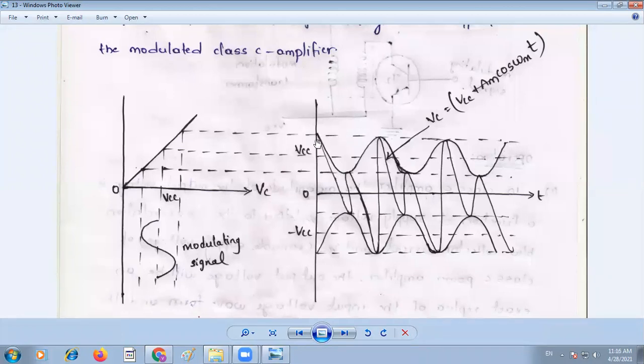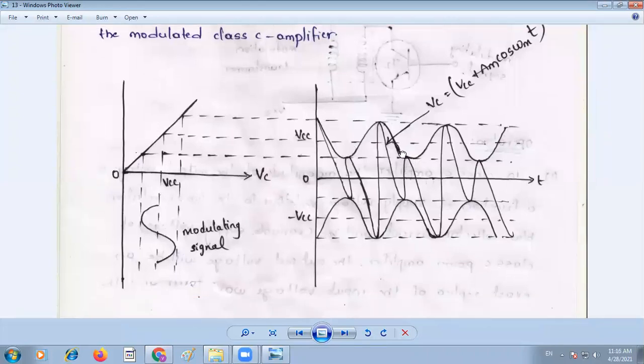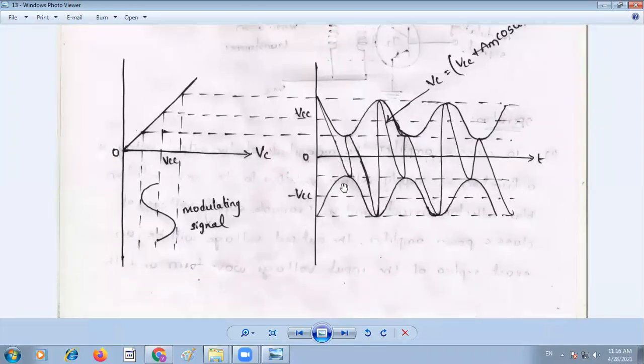After the positive peak and negative peak appear, you can draw this like this, and the same value is drawn on the negative side also, as a replica, plus VCC and minus VCC. If you draw the negative side envelope, the modulated signal is generated. The signal inside the modulated signal is called VC. The VC is nothing but the carrier signal. The carrier signal's voltage changes according to the modulated signal changes.